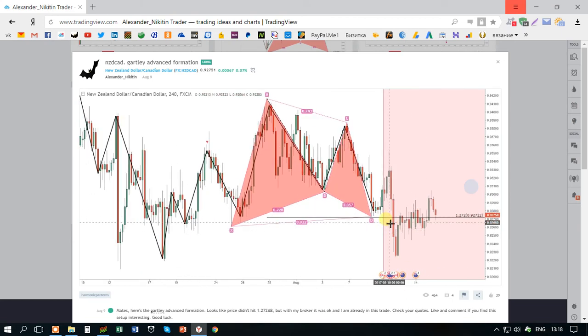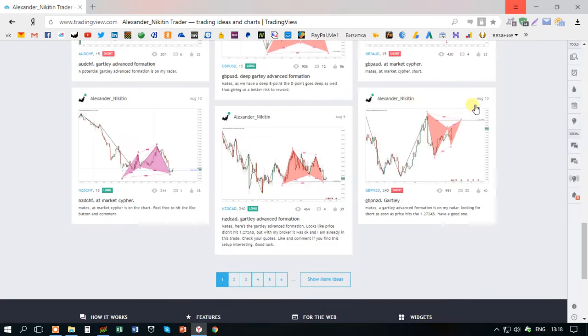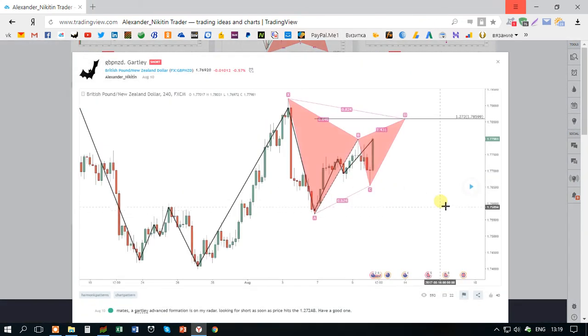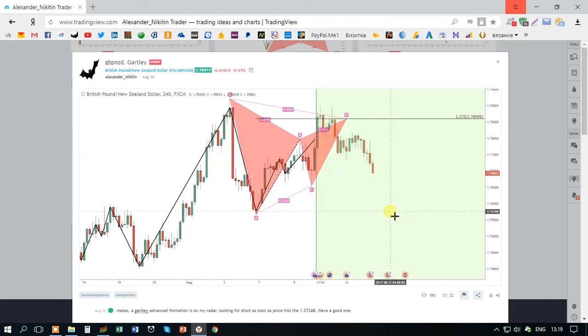Okay, the pattern triggered at D point and then went to the upside. We hit targets before we reversed, and that is pound New Zealand. I think it is still running right now. Oh no, it means it already hit the second target. The C point retest is usually the second target. Okay, so